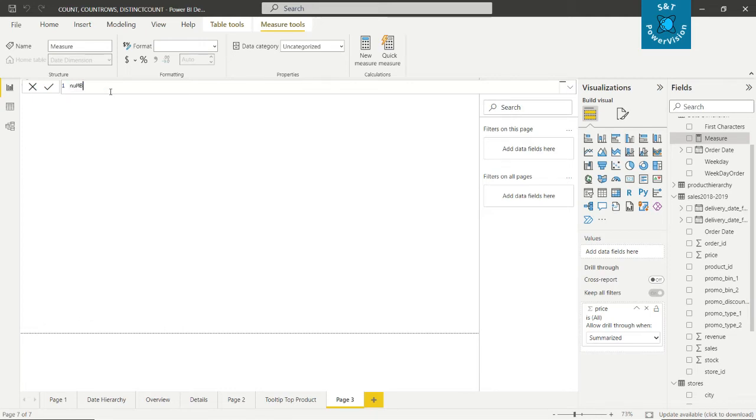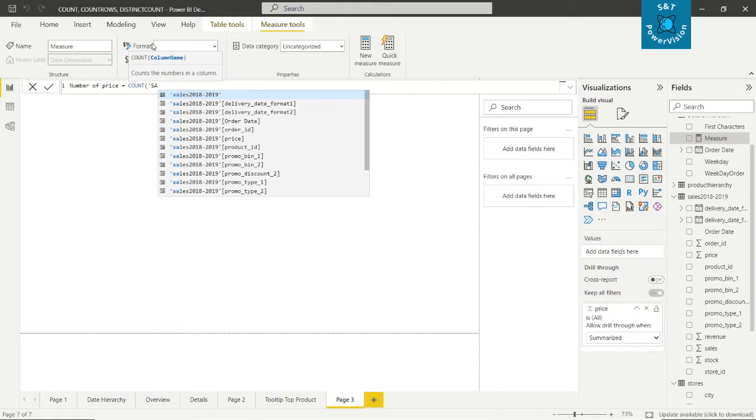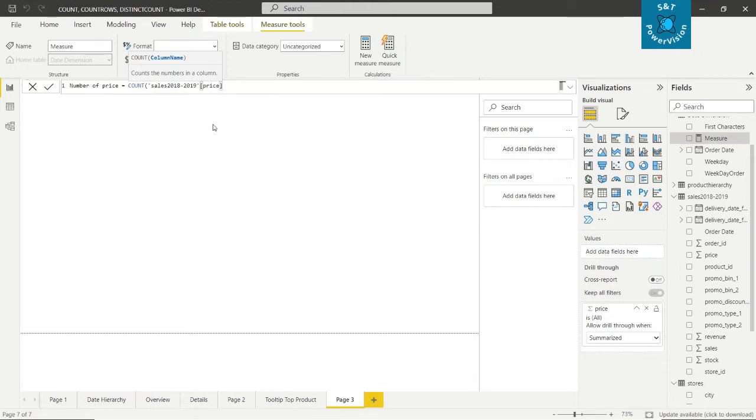The measure name is number of price, equal to the count function on sell price.